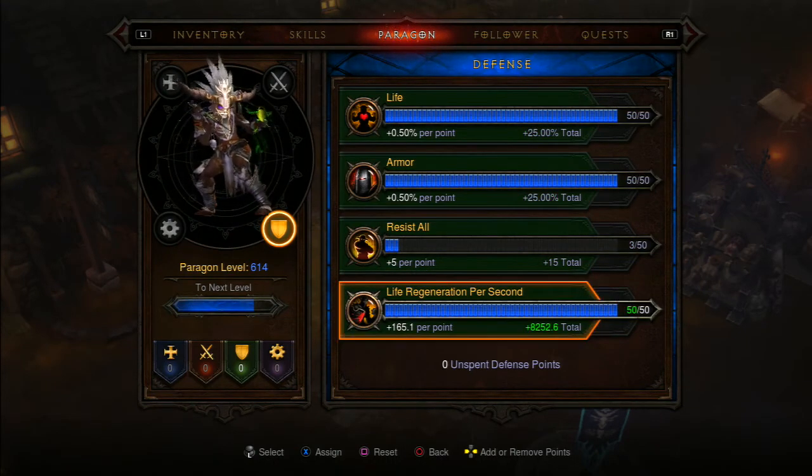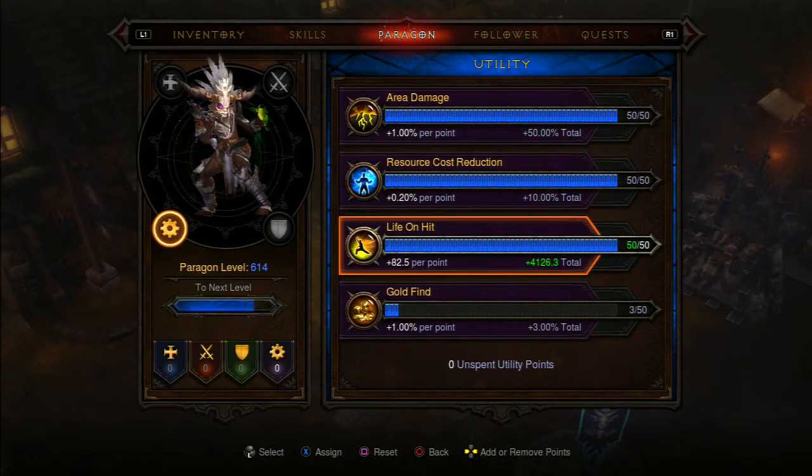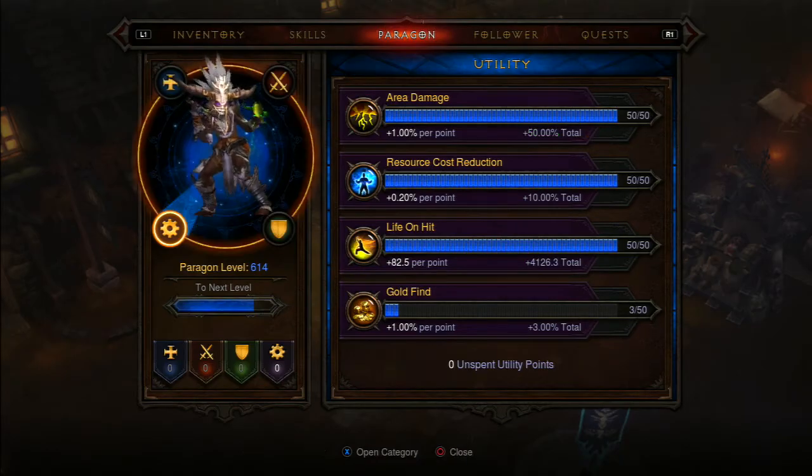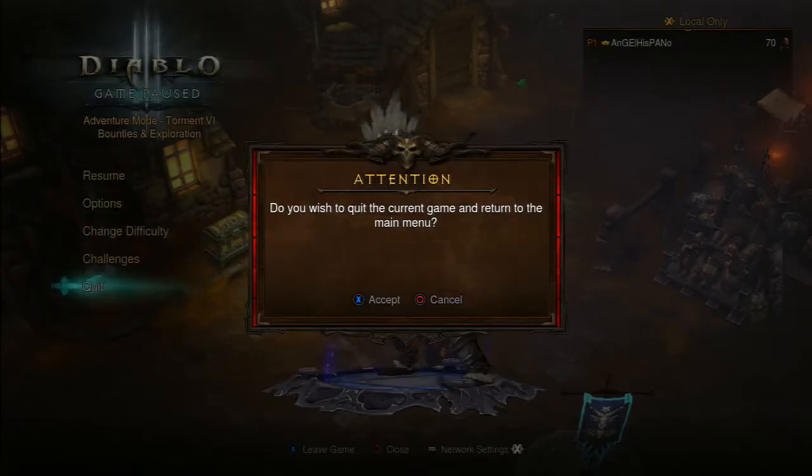Life percentage, of course, life regeneration. Utility, I recommend only the life on hits and any damage. So that's all. I'll go now with the next build,